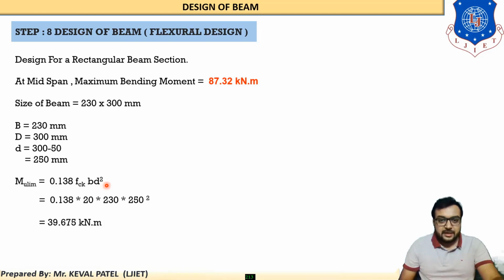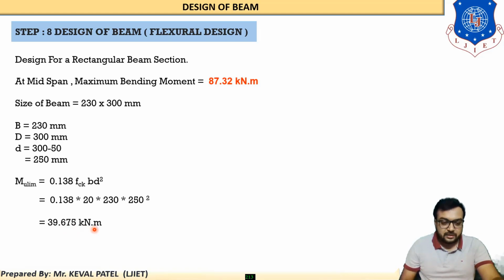Now let us check after putting in all these values. 0.138 is a constant, the value of FCK, the characteristic strength, is 20, B is equal to 230 and small d is equal to 250. After putting in all these values, we get our answer of MU limit equal to